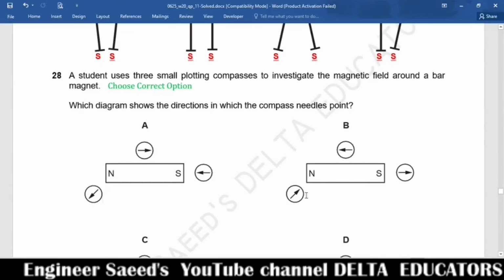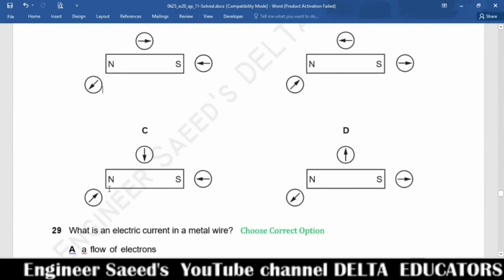But we first check other options also. In option B, we are looking at lines of force directed towards the north pole and moving away from the south pole. So it is incorrect because lines of force start from the north pole and move towards the south pole. In C, we are looking that for both the north pole and the south pole, lines of force are directed towards the poles. In the north pole it is directed towards the pole, and also in the south pole it is directed towards the pole, so this one is also incorrect.